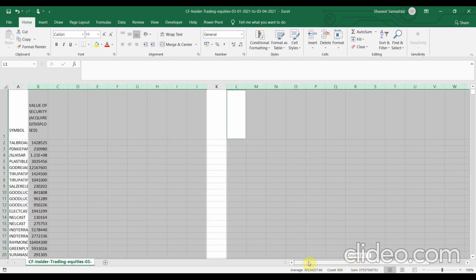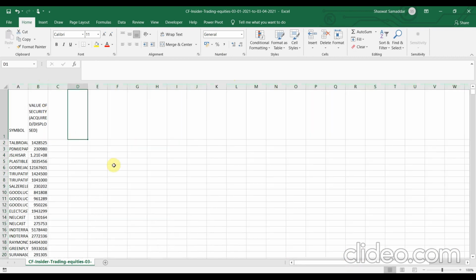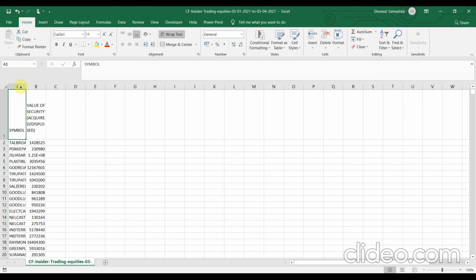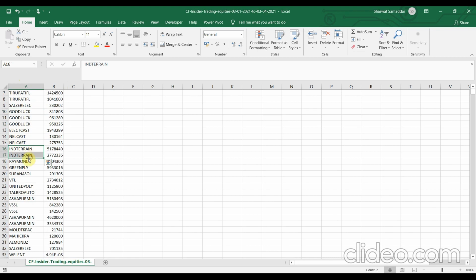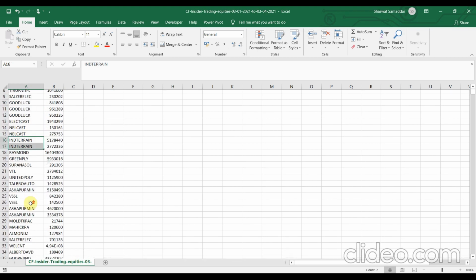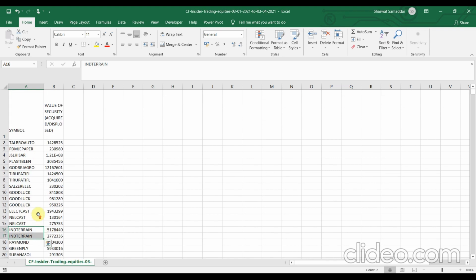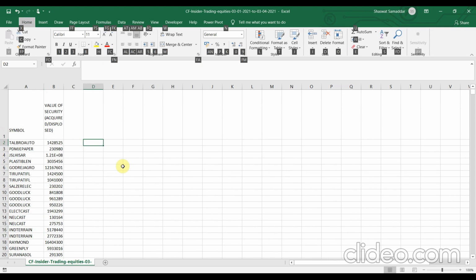Once we are done with that, now let me just widen the symbol column. As you might notice, there is a redundancy in the symbol column, like Good Luck company is repeating thrice. Similarly, Indian Terrain is repeating twice. And there are many examples of redundancy, like Raymond is getting repeated. This will make our analysis a bit complex, so I want a consolidated form of this particular data. For that, I will use